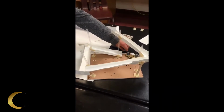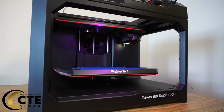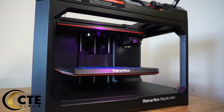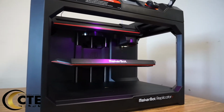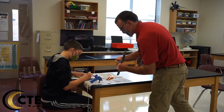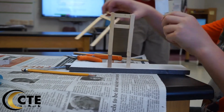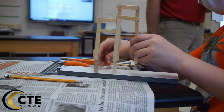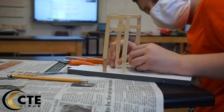They also get more into using computer-aided drafting and 3D printing, as well as some electronics, building some simple circuits and devices. 8th grade, they really focus a lot on their craftsmanship. Their projects start to really matter, what they look like and how they operate. The 8th grade also has projects that they build which teach them about process flow. They have to look at what we're building, they have to break it down into its parts